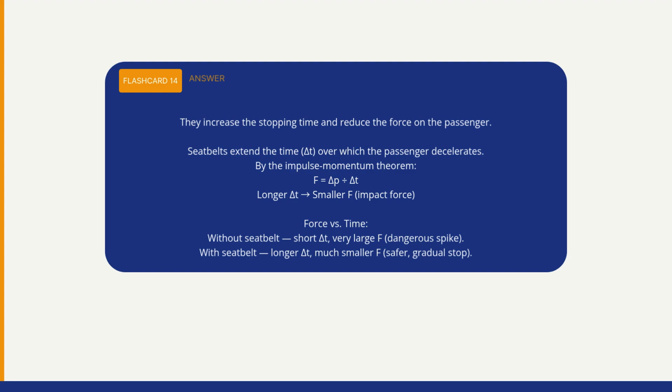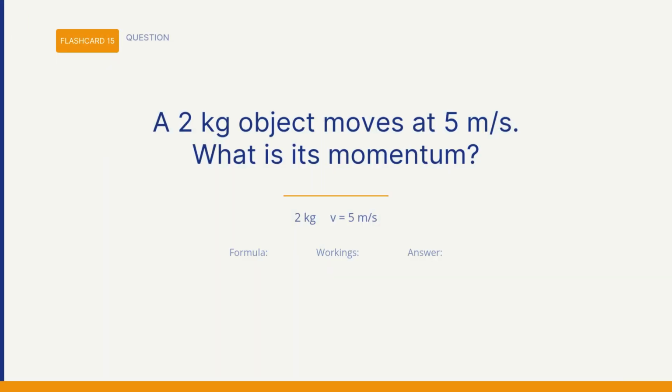acting on the passenger. According to the impulse-momentum theorem, force equals the change in momentum divided by the change in time. For the same change in momentum, a longer stopping time produces a smaller average force. Without a seatbelt, the passenger may stop over a very short time and experience a dangerously large force. With a seatbelt,